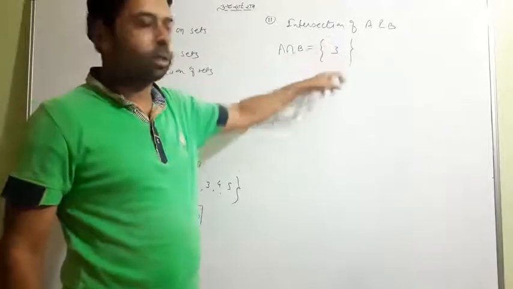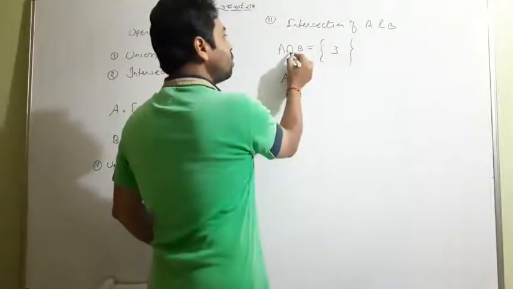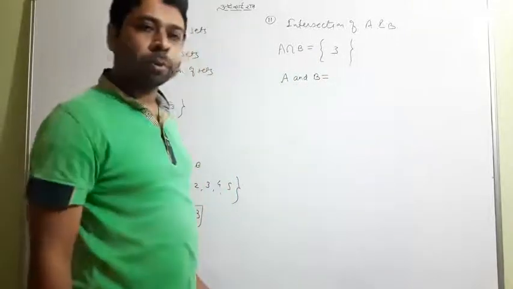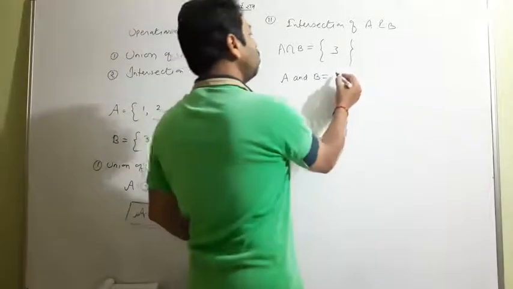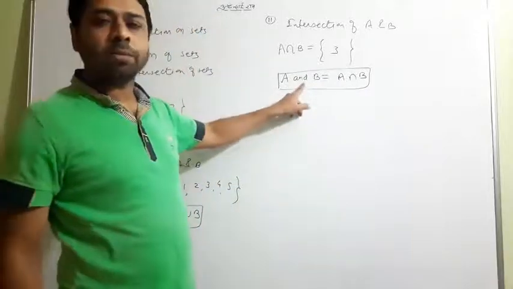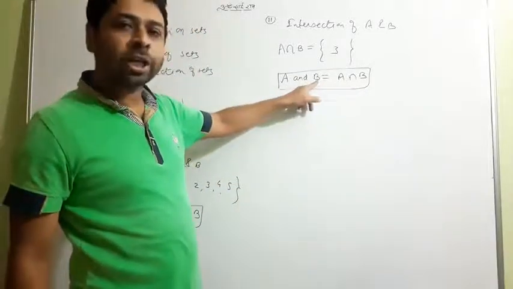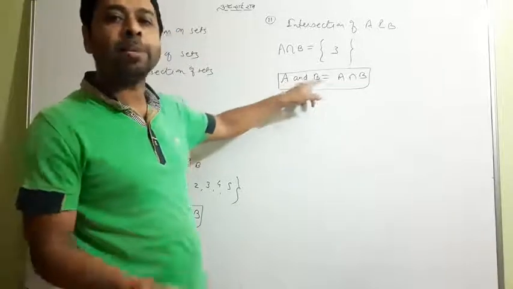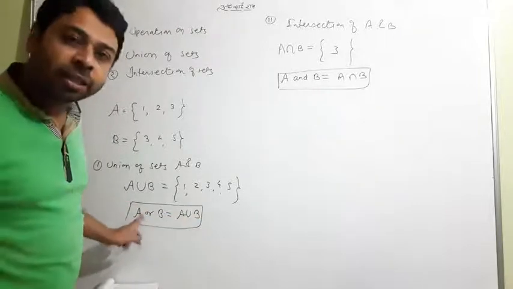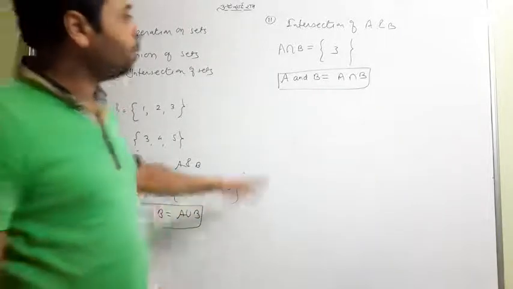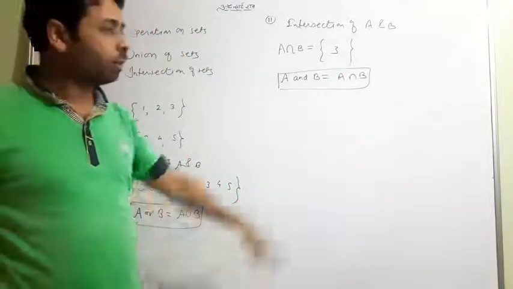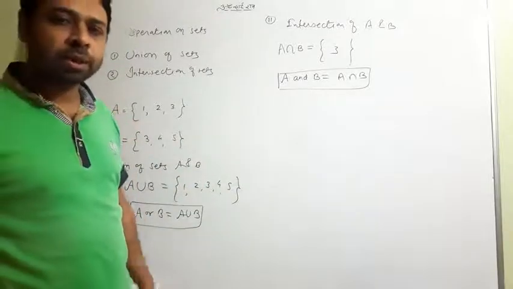Now, union means the combination of these two where the elements are not repeated, and intersection is only the common element, 3. This particular symbol is said as "and" in word problems or in further study. A and B means such elements which are contained in both A and B, and A union B means A or B, the elements which are either in A or in B. That simple. So keep in mind that "and" always follows the intersection sign and "or" always follows the union sign. I think you can simply understand all of it.